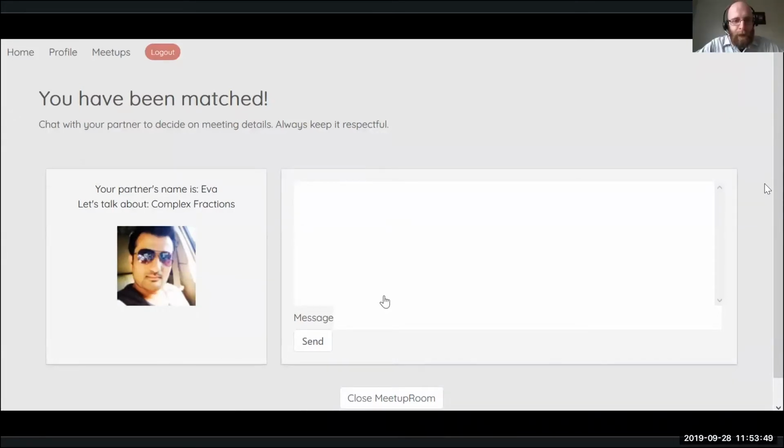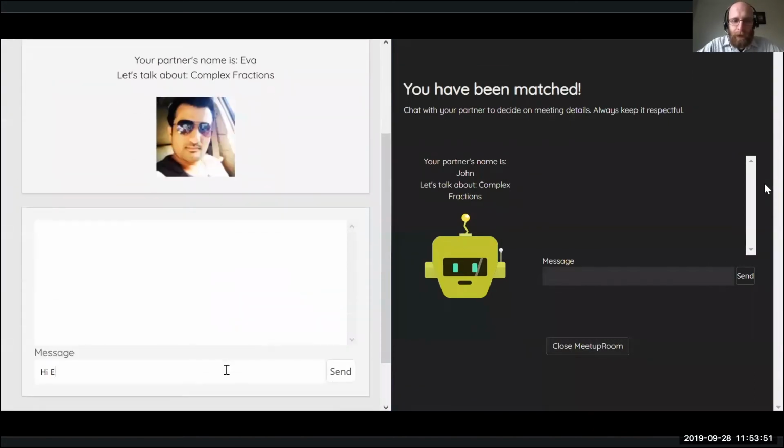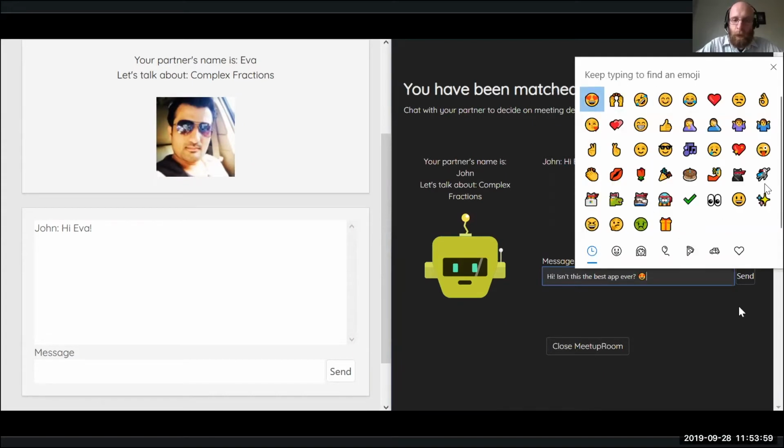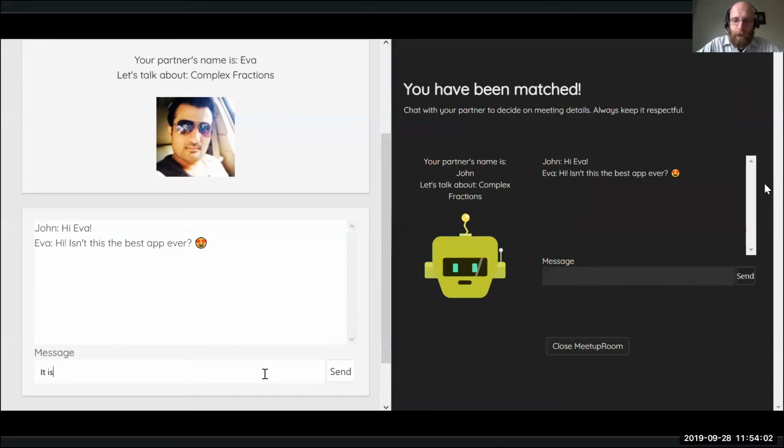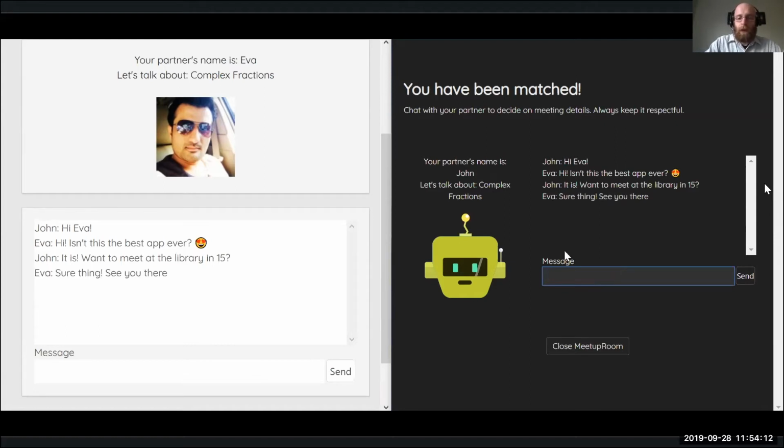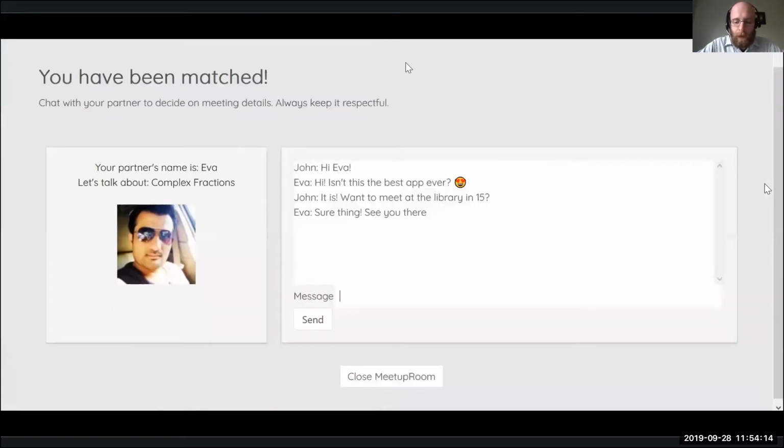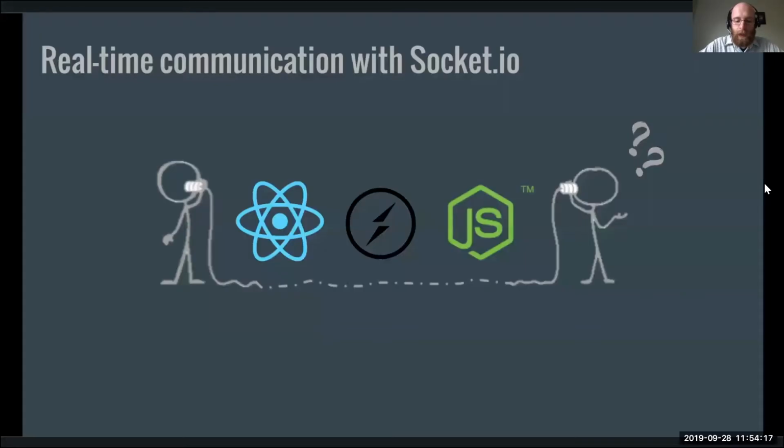A really important aspect of Tuber is this emphasis on real-time communication between two potential learning partners. One way we addressed this challenge was by setting up a private chat room for two people who were paired based on subject and relative topic proficiency. This allows users to ask questions, to share ideas, to swap notes, or even make plans for a study session later on in that day. We were able to implement this feature by incorporating Socket.io, which allows users to connect in real time over our backend Node and Express servers. With that, I'll pass it off to Sam, who will close out our study session for today.